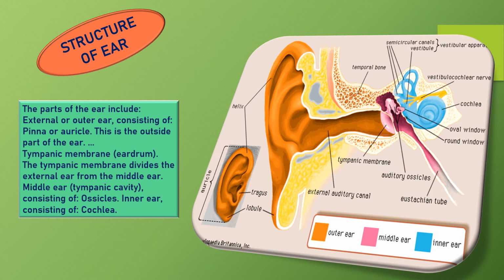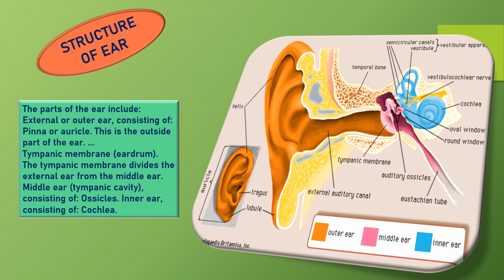You can see the diagram. Here it has been shown that pinna or auricle is the outside portion, and in the index also it has been shown what is auricle or pinna. Next, this is the outside part of the ear. Obviously, you can see